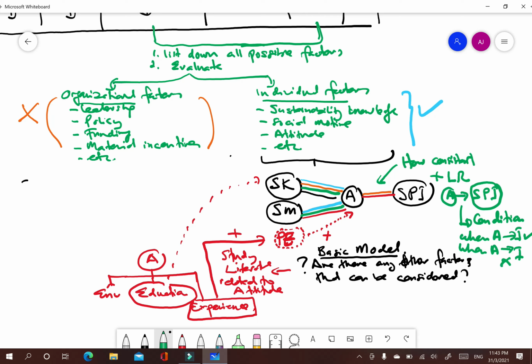Let's say the previous literature suggested how complex or how easy the procedures set by the organization are will activate the behavior. We may suggest, for example, procedural complexity.